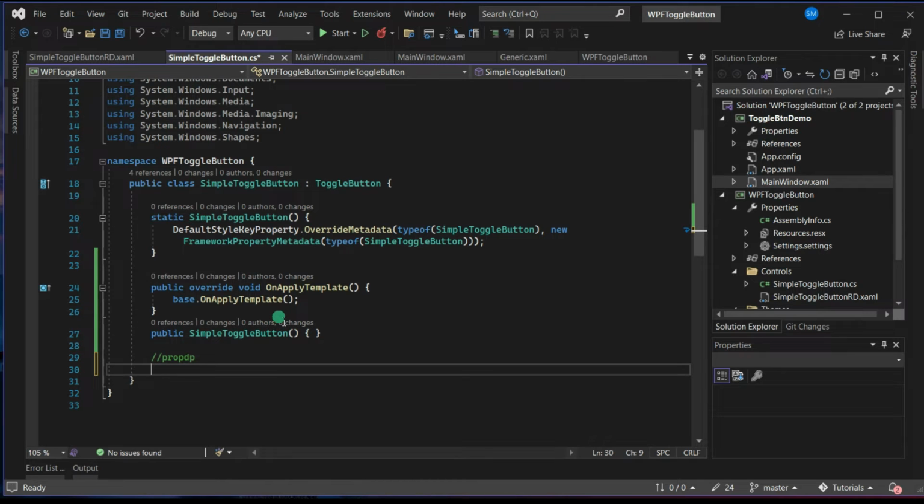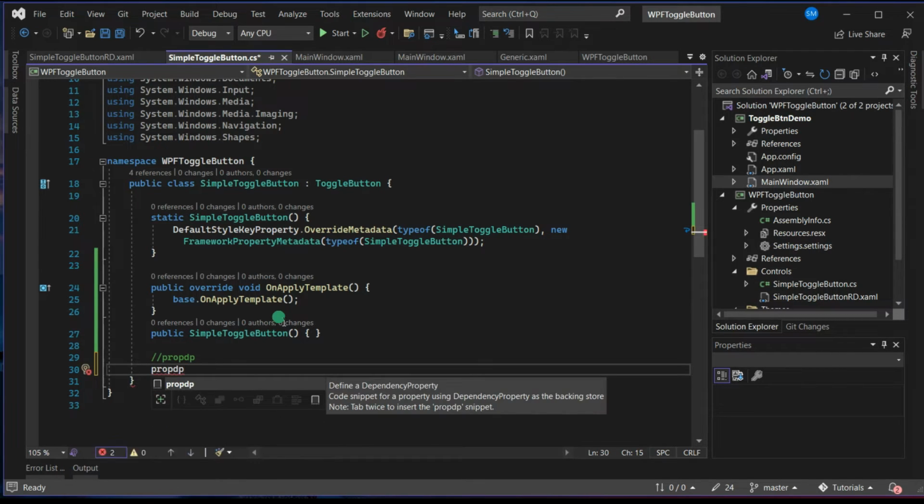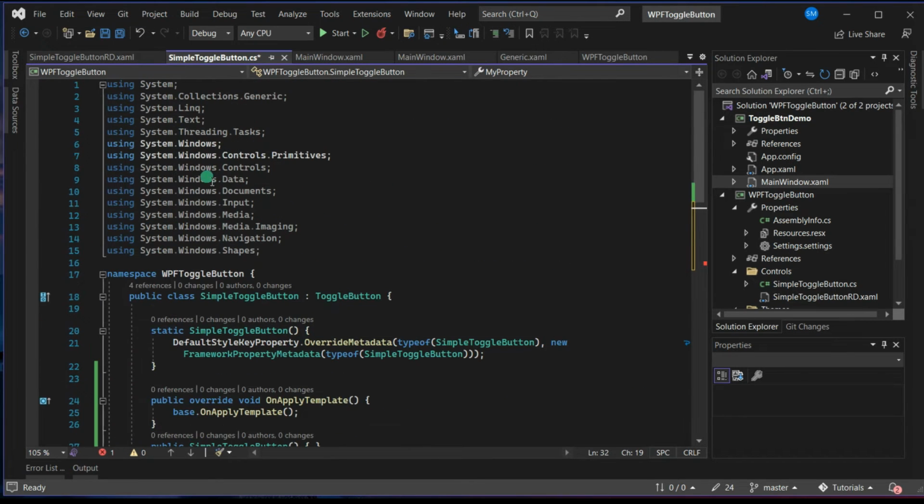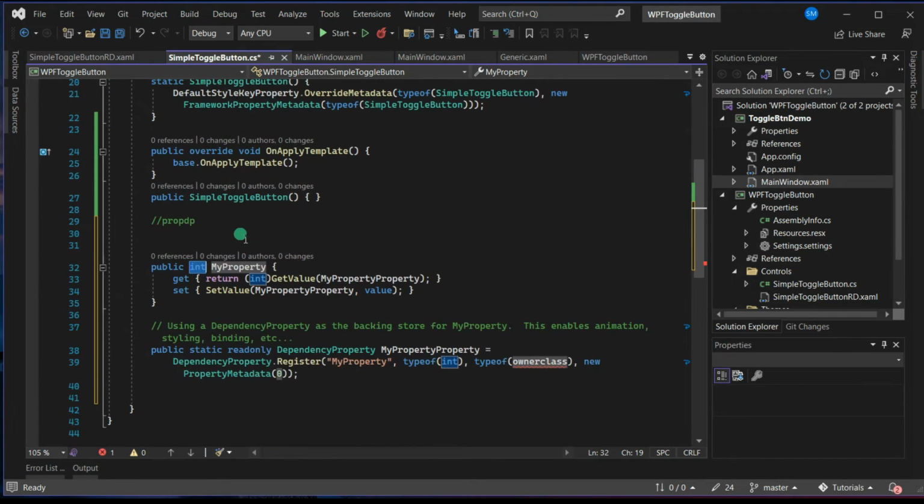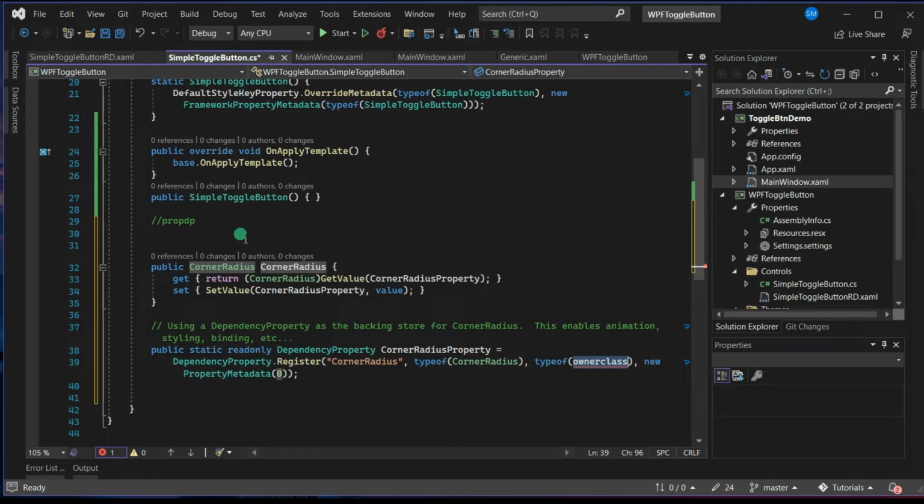So whatever you create inside a simple toggle button, if you create it as a dependency property, then you will be able to bind it. So prop DP, and I press my tab 2 times, and we create the property. So my property system.windows is already there. So my property is corner radius, and I will use the same name, corner radius. And this is the type of owner is simple toggle button,